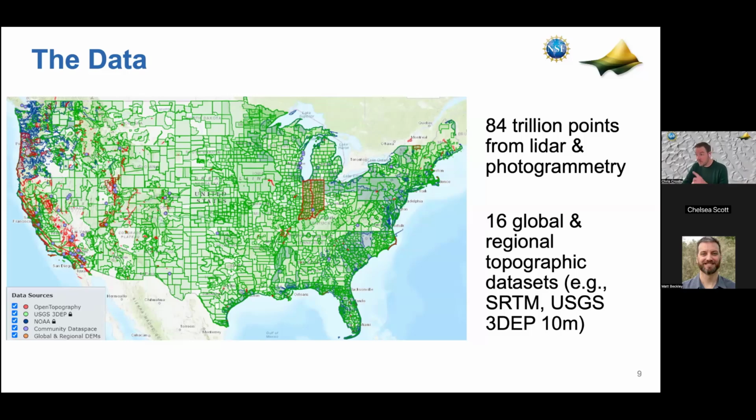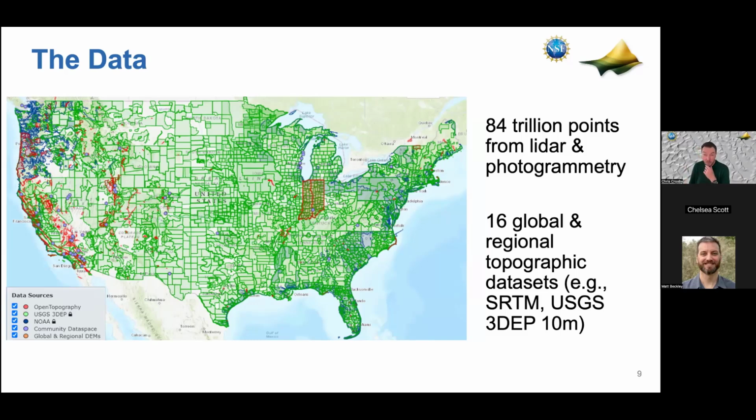And then the little purple dots on here are data sets that were uploaded by users in our community. So we call this the community data space. It's typically oriented towards academic users who, say, flew a drone over their field site because they're studying a landslide, and they've collected topographic data and they want to publish that data publicly so that it can be cited in a future publication or in a bit of curriculum or something like that, to comply with open best practices and open data. So we have lots of data from all over the world produced by people from many different countries and different scientific applications, but they tend to be these little postage stamp size site-specific data sets. And so that's what the purple is.